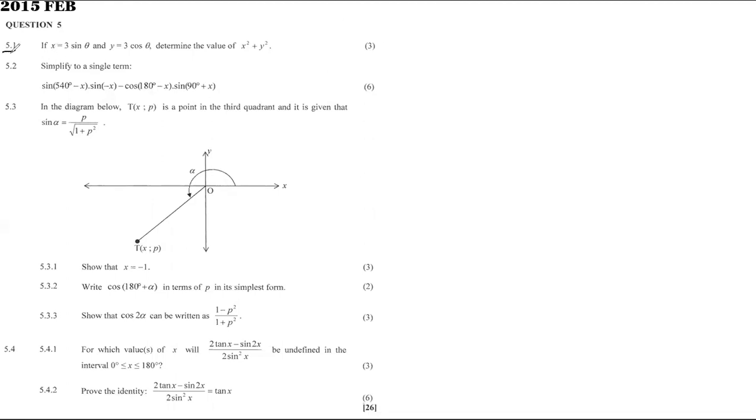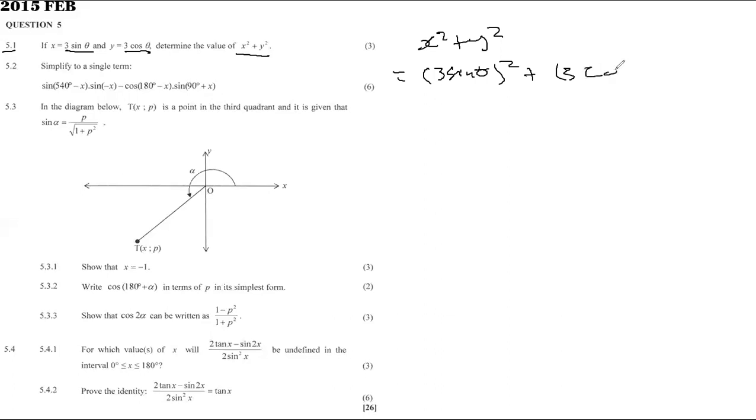So let's have a look at this one here, 5.1 right away. You are given that x is 3 sine theta, y is 3 cos theta. You just have to find the value of x squared plus y squared. Straightforward, simple, 3 marks. So x squared plus y squared is 3 sine theta all squared plus